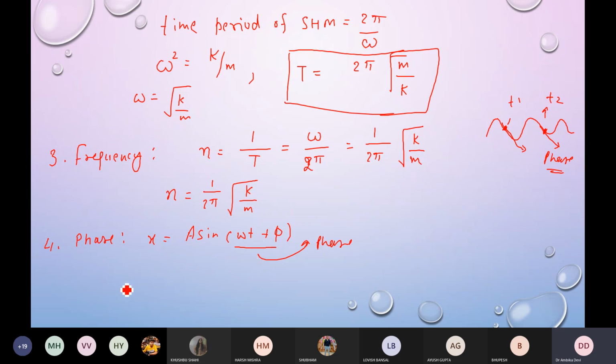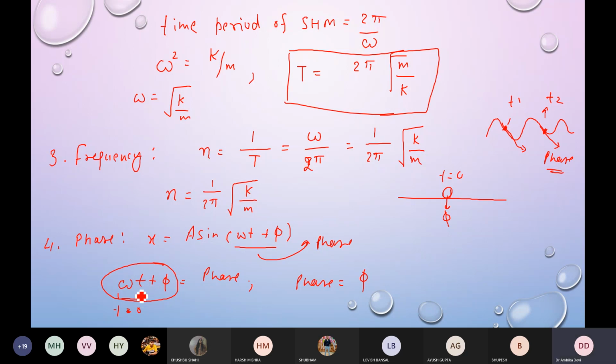If you see over here, omega t plus phi is the phase at time t. At time t is equal to 0, what should be the value of phase? Phase is equal to phi, right? Means that if we are starting the motion from this point, and here we are assuming that t is equal to 0, so here the phase will be phi. Okay, but at any other instant of time, at any other position, at any other direction, if you want to define the phase, then this is the quantity which is used to define the phase, omega t plus phi.